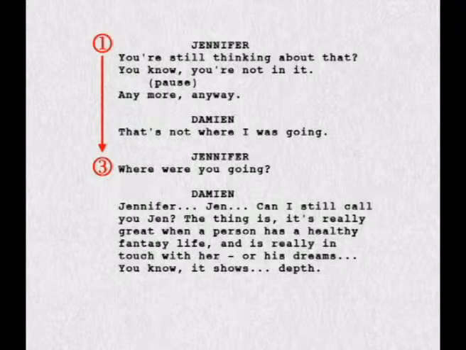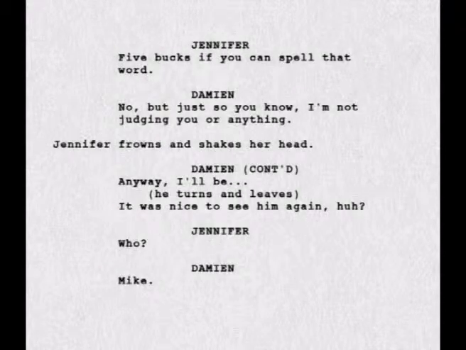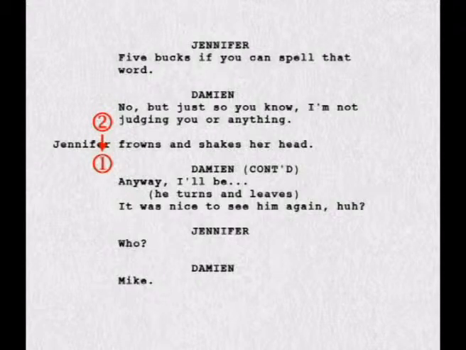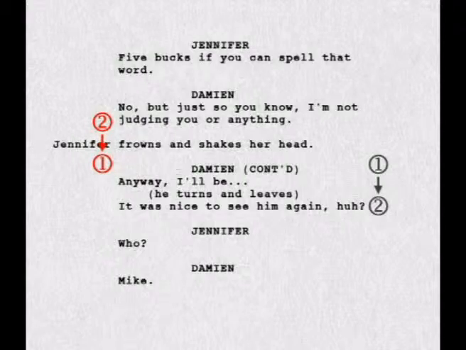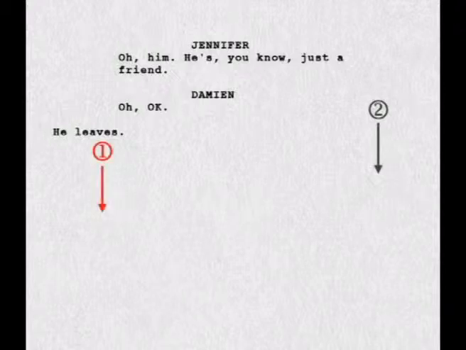As Damien does his long line, we'll have her listen for a bit and then walk to the middle mark. Here she'll stay for her next line and then walk back to mark 1 in time to frown and shake her head. Damien stands awkwardly for a moment, then walks out, which is between his 2 only marks. He stops and turns for a last line, after which he walks out of the room. Finally, we'll have Jennifer stand for a bit to think and feel, and then walk out of the shot to end the scene. With that laid down, let's shoot it and cut it together.